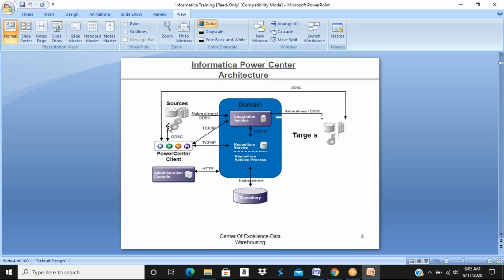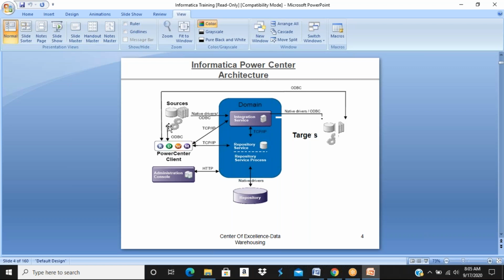And you need to create a target ODBC connection to connect to the target system and import the target table structure. Once you get the source table structure and target table structure, you need to save it. As soon as you save it in Power Center Mapping Designer, in the backend, those table structures are stored in the repository database.